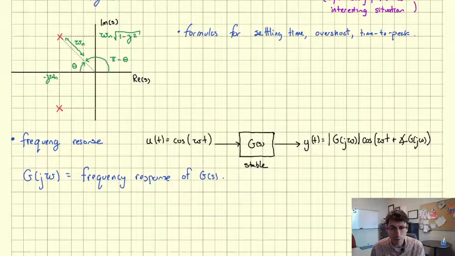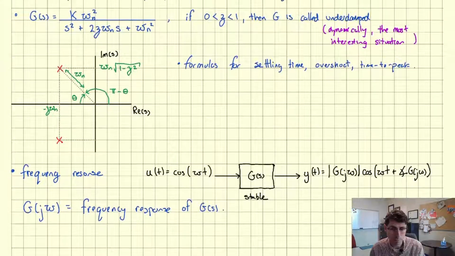Okay, then we moved on to the other type of input. So not a step input, but rather a sinusoidal input, and that led us to the notion of a frequency response. And the hallmark of a linear system is that whatever frequency you put in, you get the same frequency out. But what the system can do is change the amplitude and the phase of the steady state output. Okay? And so that motivated us to call the transfer function, when you replace s with j omega,